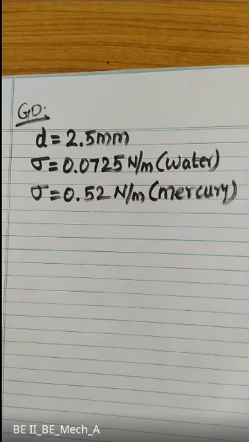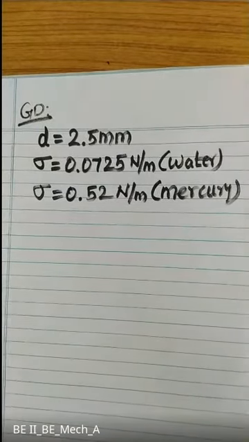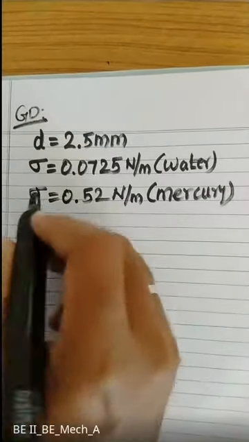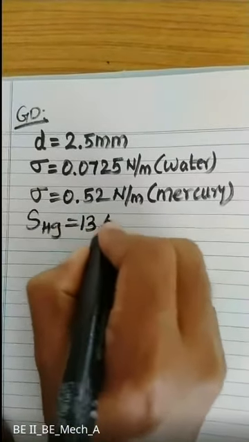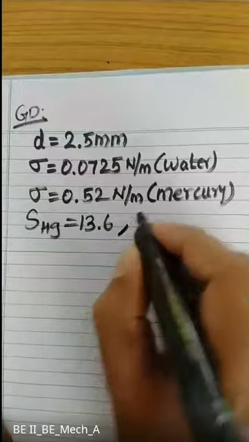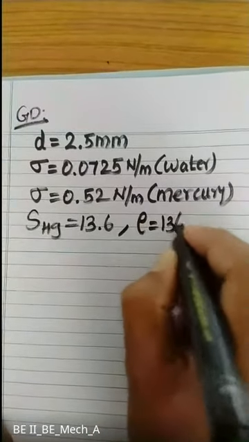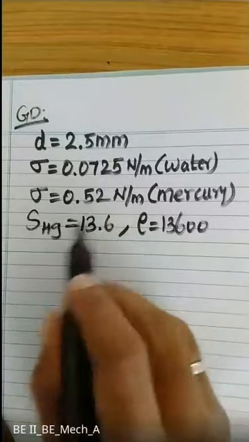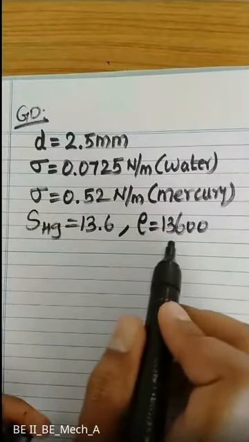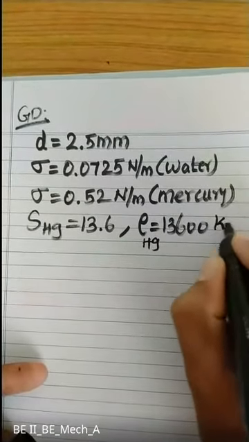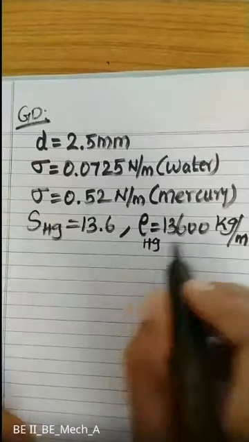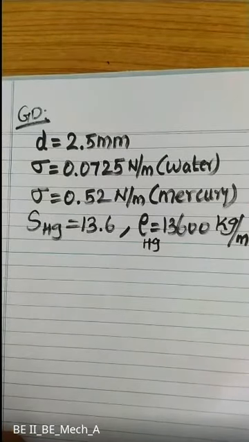Next, it is also in contact with the air. So normally we know it very well. And the specific gravity of mercury is given as 13.6. If the specific gravity is 13.6, then the density will be 13,600. You have to multiply this value with the basic density, that is 1000. So you'll be getting a density of Hg, that is 13,600 kilogram per meter cube.